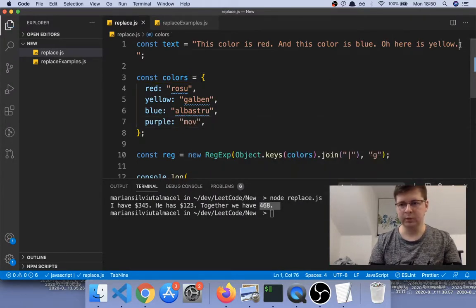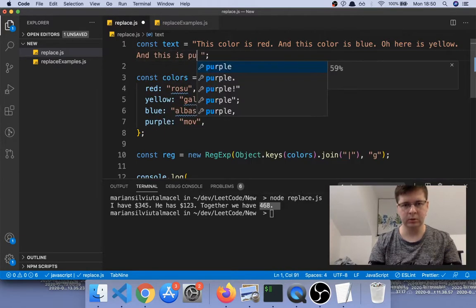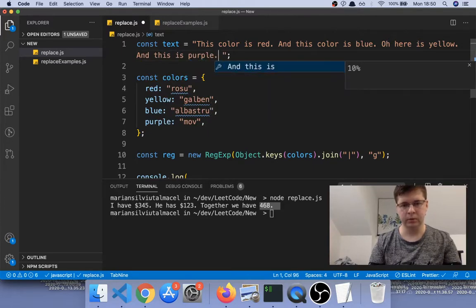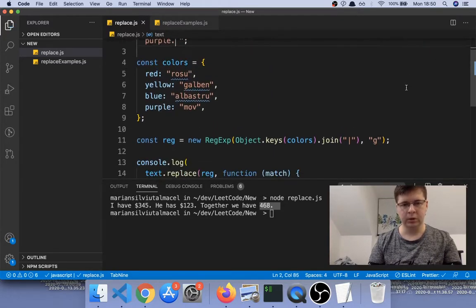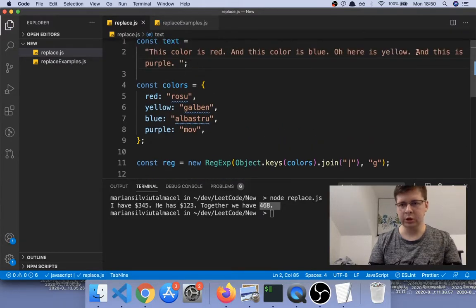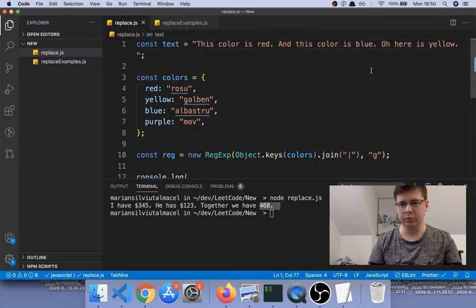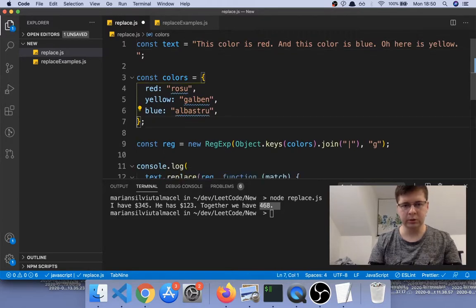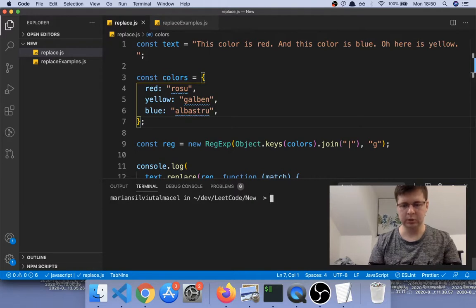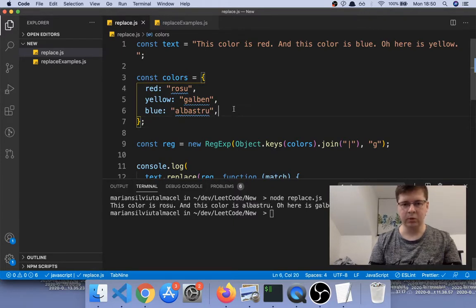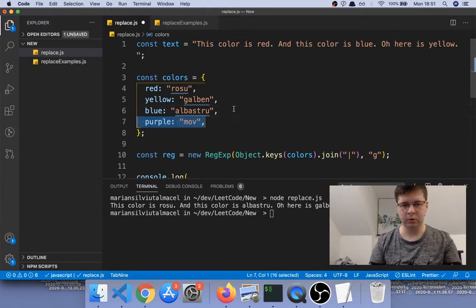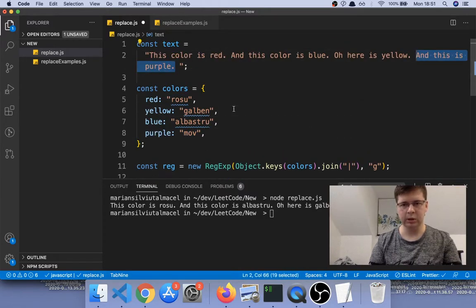And if I put here, and this is purple, then, well, let's check first without it that it actually works, because I didn't show you that it works. So as you can see, this is the text, and if I clear this and do this, you can see that here now you have roșu, here you have albastru, and here galben. Now we're going back to what we did before, and we're saying, and this is purple,